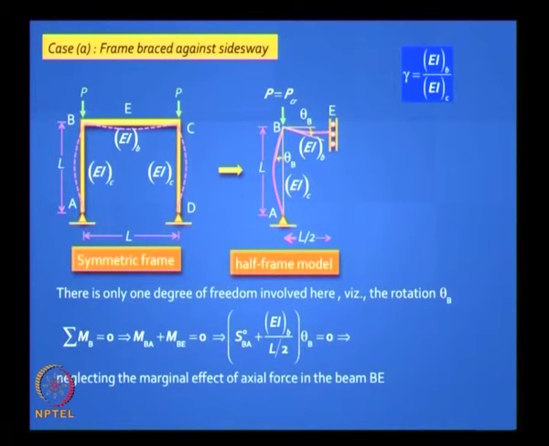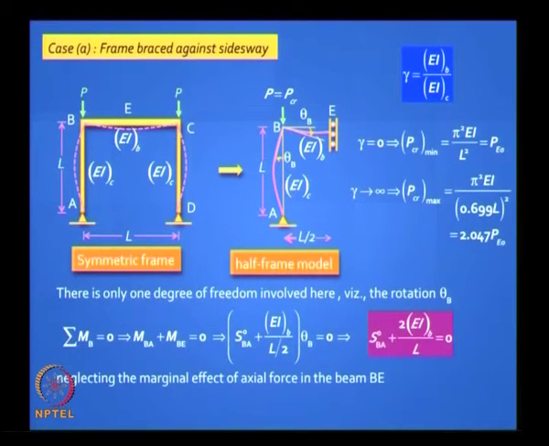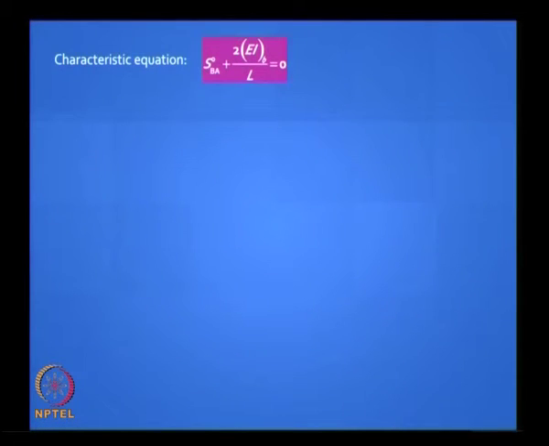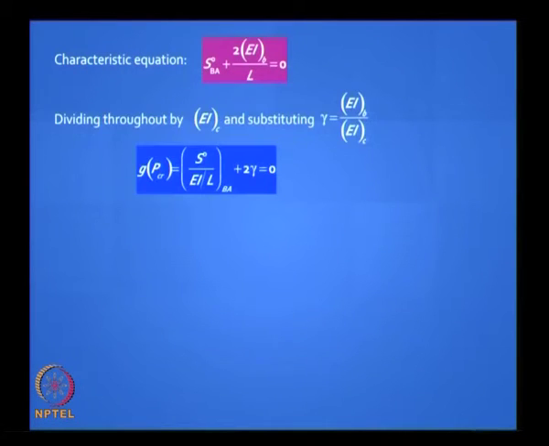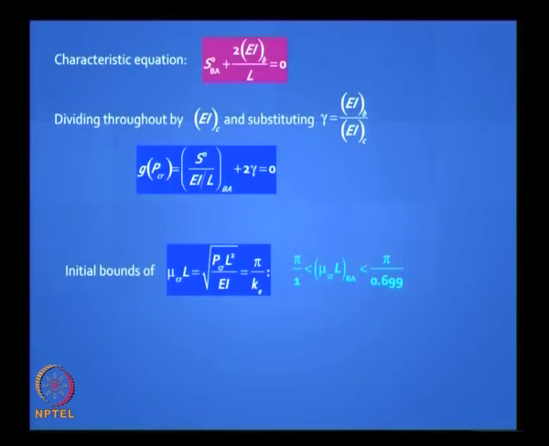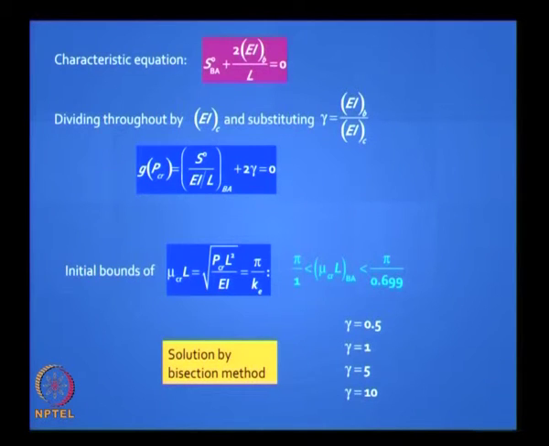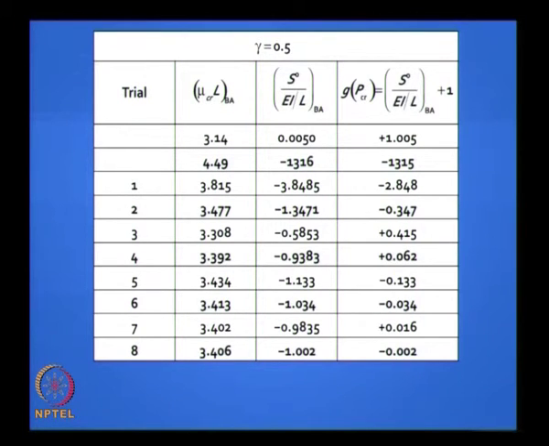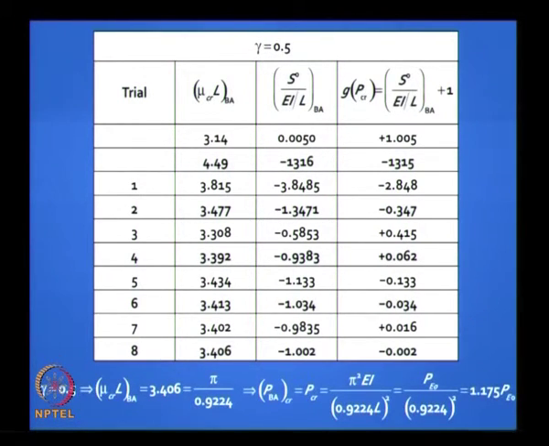So we will do it this way, it is very easy to solve, it is a simple equation. You have the two bounds which we discussed, the maximum value you can get is 2.047, and we are asked to solve this for different values of gamma. So this is your characteristic equation, divide throughout by EI C to get it in that form. You have the two limits between 1 and 0.699, use the bisection method, and you have to do it for 4 different conditions. Let us do it for 1, do it for 0.5, you get the answer with fairly good tolerance, you plug in the value, you get some value of your critical buckling load.